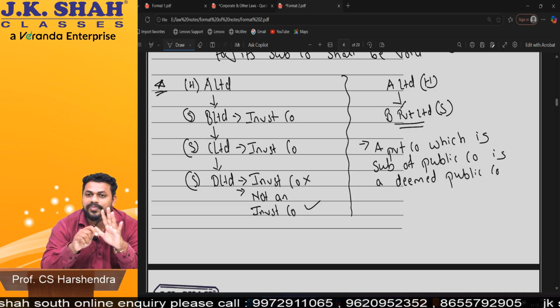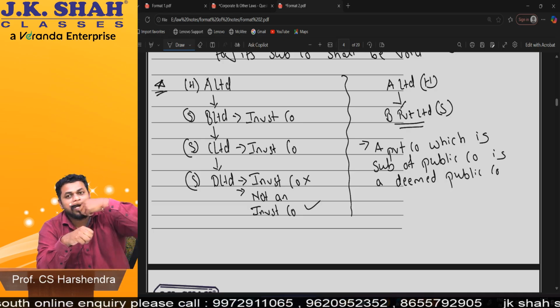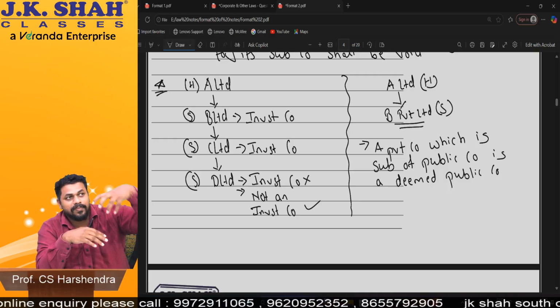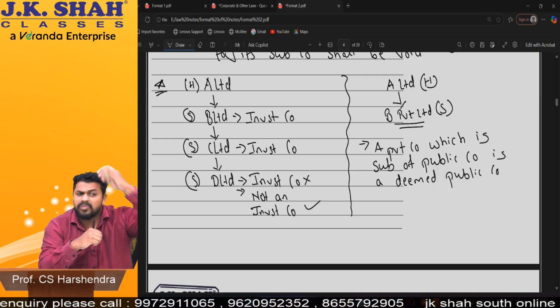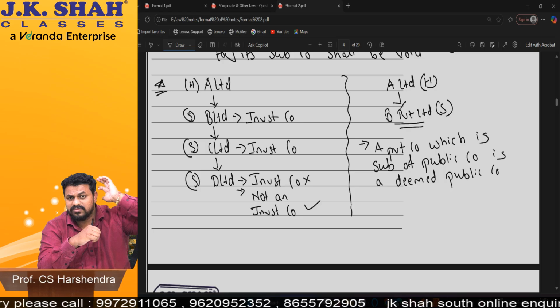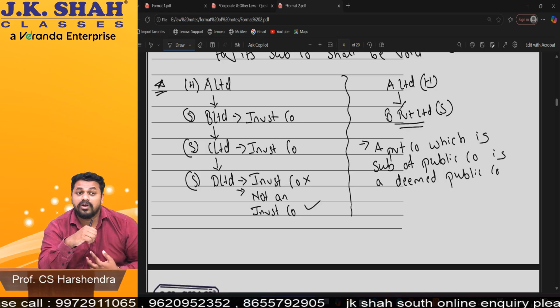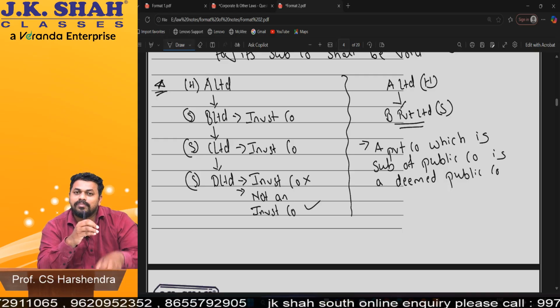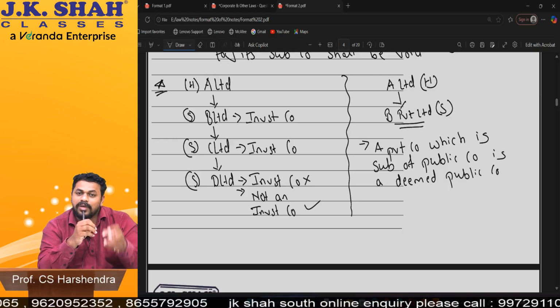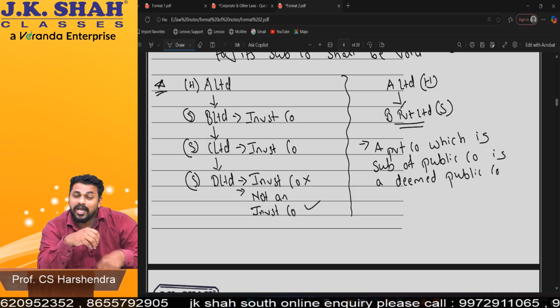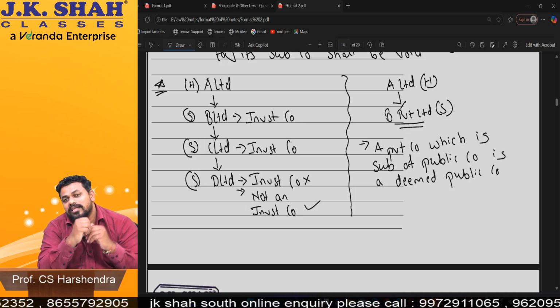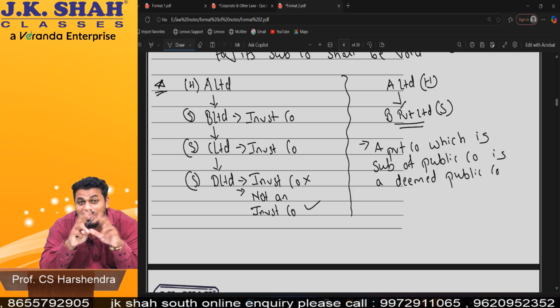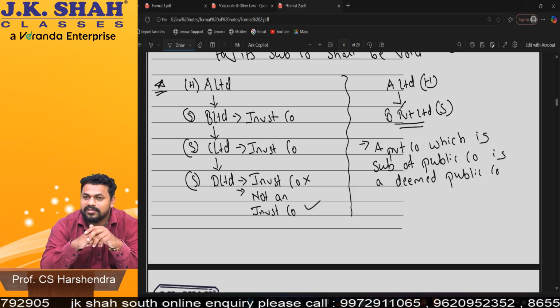Am I clear? Understood? You know why? Because now what I'll do, for example, if this point is not there, I'll form a public company and I know there are many exemptions I'll not get. But if I had been a private company, I would have got the exemption. Now I can't get the exemption. So what I'll do now, I'll form a subsidiary company. Put all my money in the subsidiary company, and via the subsidiary company I'll take exemption and do that thing. So it's a fraud, yes or no? It's a loophole. That is the reason. Am I clear with this thing?